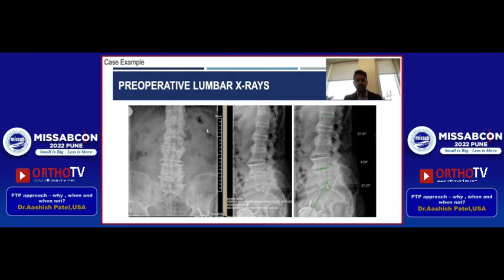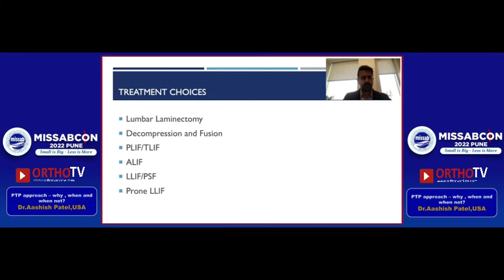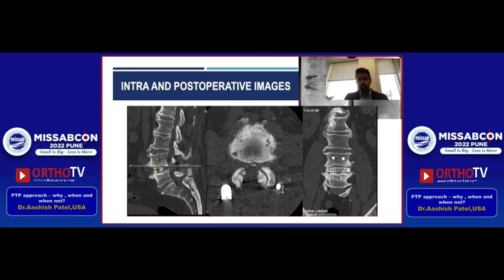So going back to the case that we presented before, the patient with L4-5 spondylosis, severe central canal stenosis, and bilateral foraminal stenosis, right and left. With the treatment options that were provided, if you asked me what I would do for this patient 3 years ago, I would do a TLIF with a central canal decompression. If you ask me now, I would do a prone lateral with a central canal decompression, all without flipping, all in the same position,